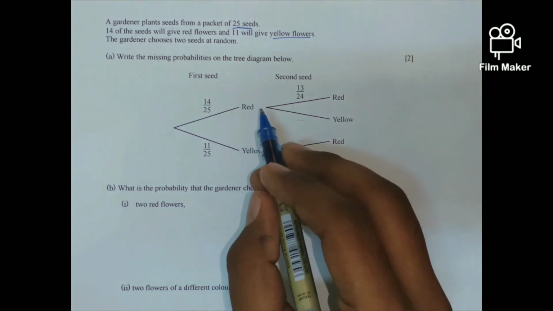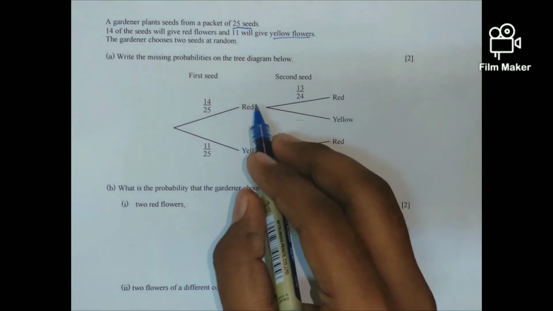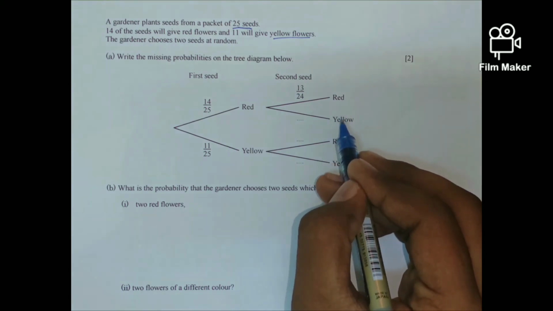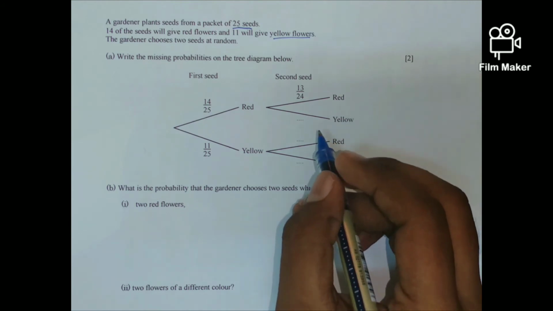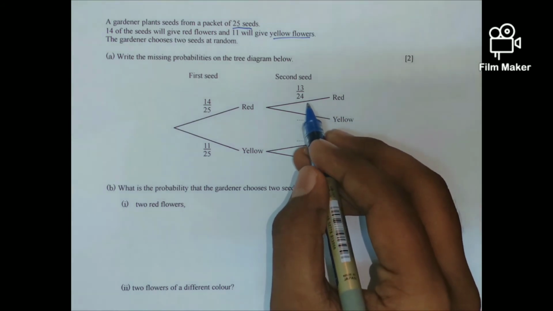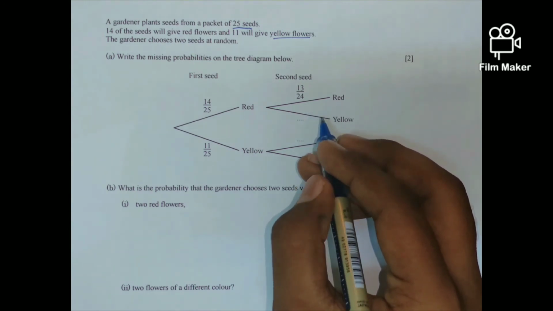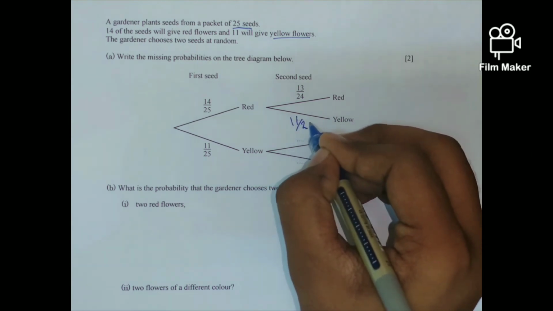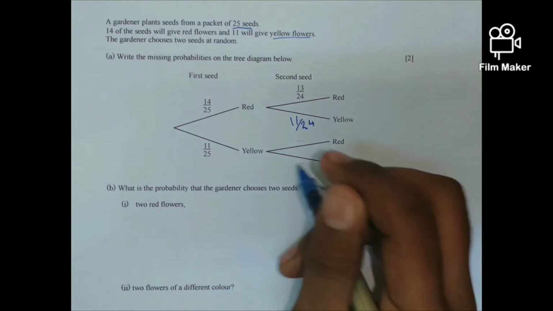So if the first seed is red, gives red flower, and the second seed gives yellow flower, we need to find the probability over here. So what we'll do is we'll just subtract 13 upon 24 from 1, so it would be 11 upon 24. And then over here,